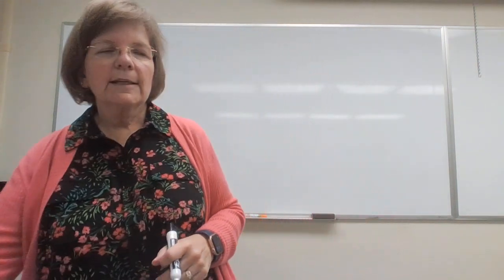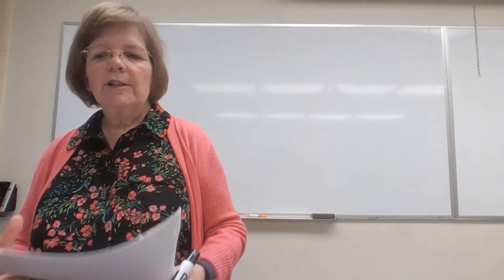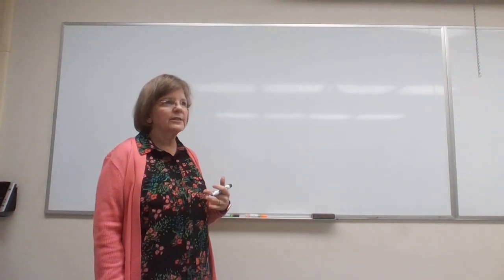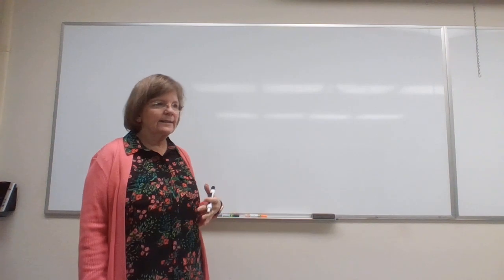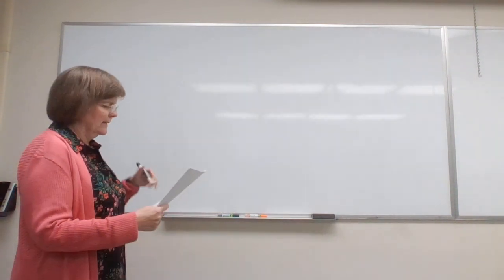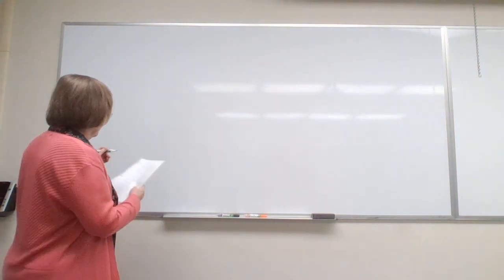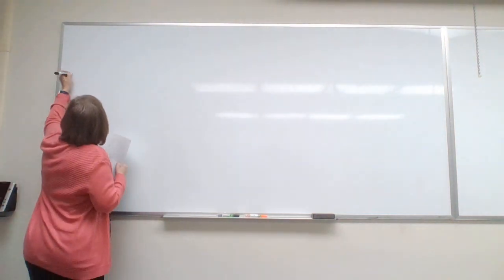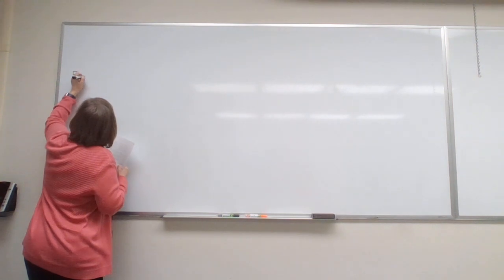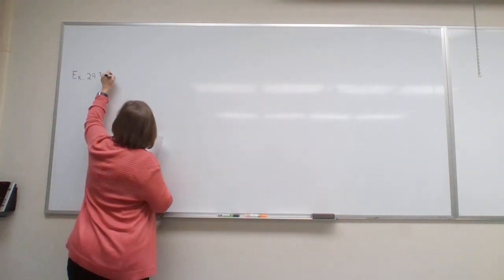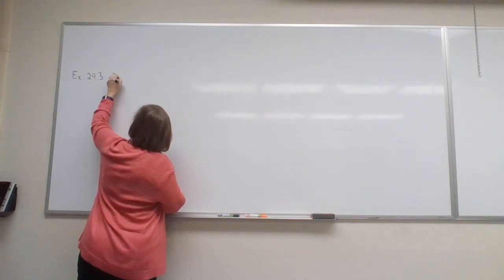Okay, we're going to continue our discussion of 29.3, Lenz's law. We've been talking about Faraday's law and Lenz's law and how we can use electromagnetic induction to make electricity. We're in the middle of a section, so we're just going to start with some examples. Example 29.3 is basically about a type of generator,